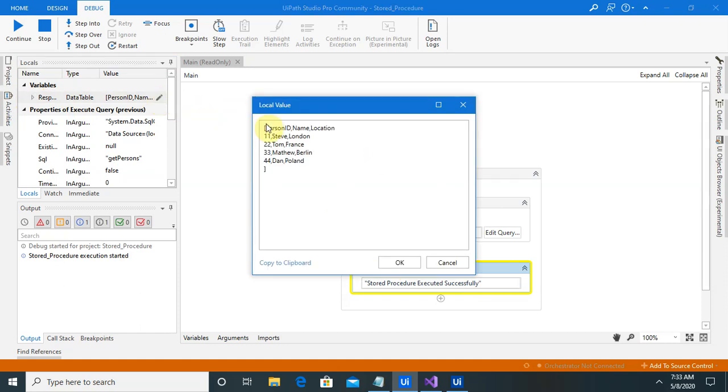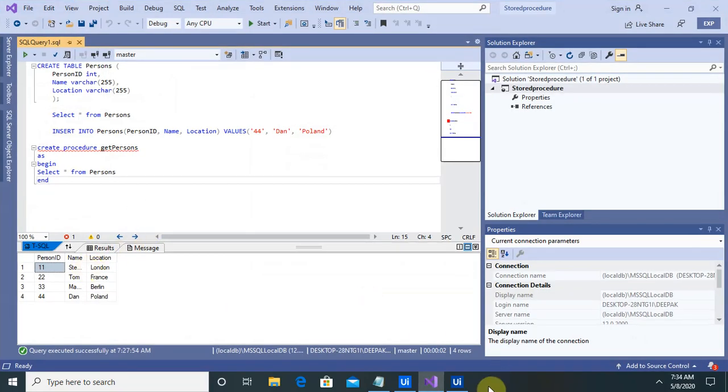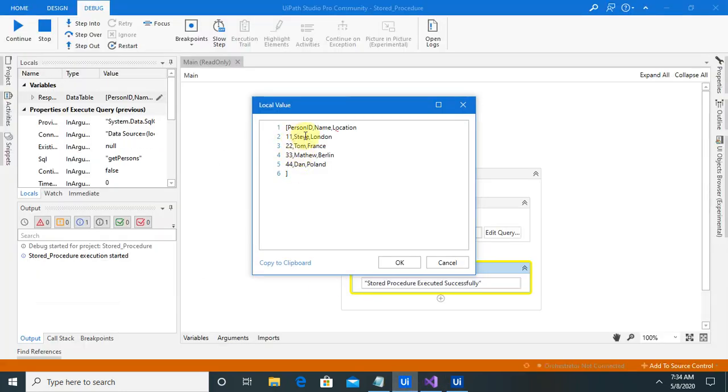Now you can see all the data is available. I did not connect anything here except that stored procedure, so all the data which is available in my database is available in this execution. You can see all 4 records here.